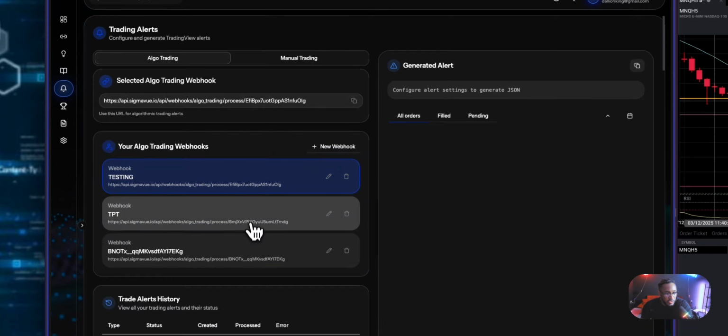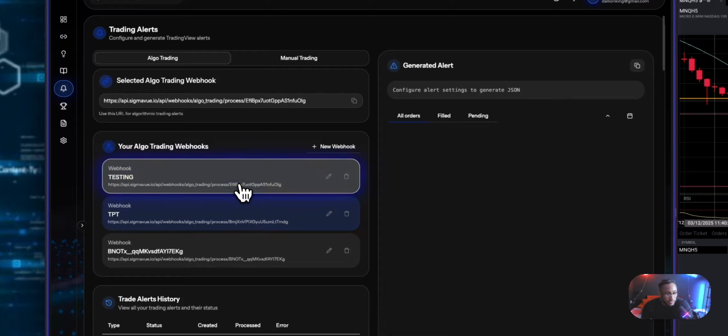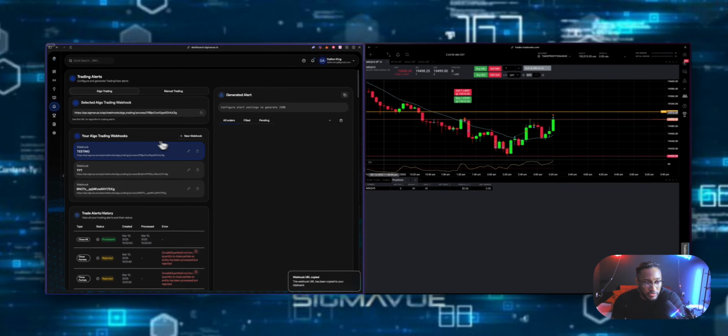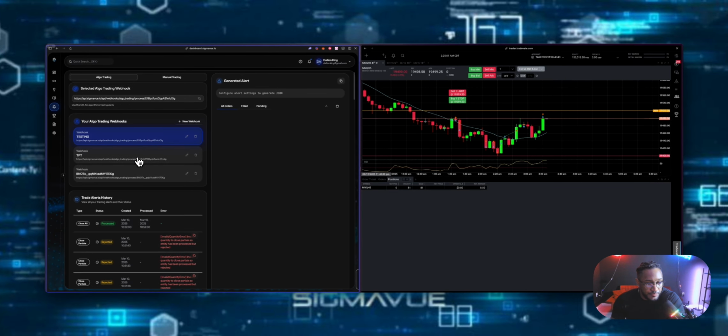When you click on these individual ones, if you have multiple, you can see it changes here at the top. You press copy and it copies to your clipboard. Before we go there,